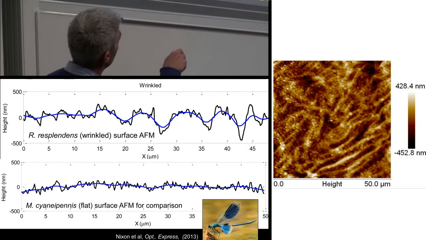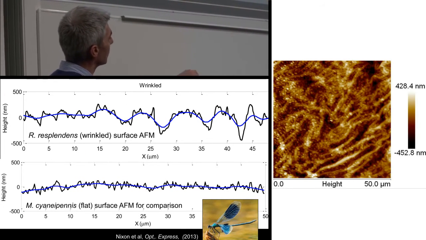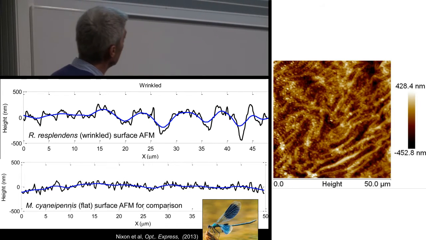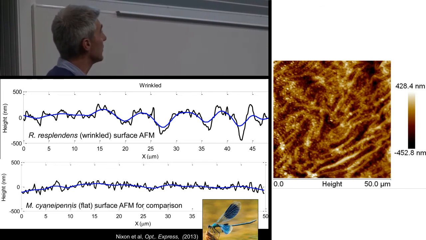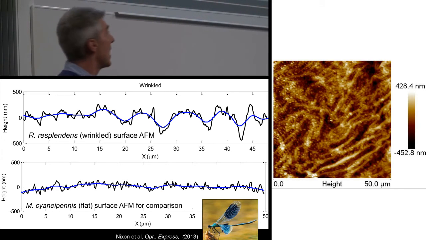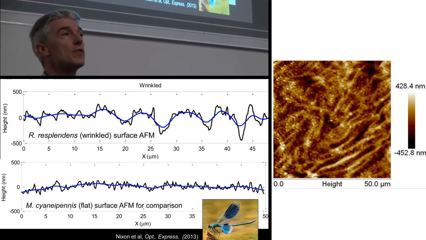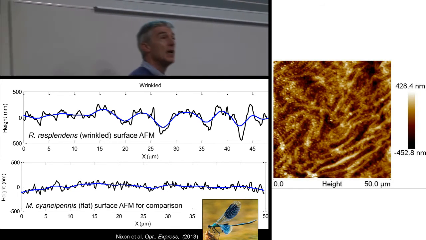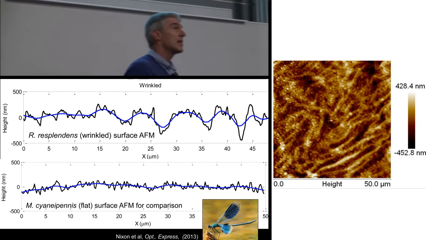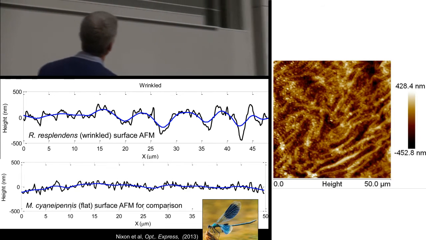A typical damselfly compared to Rhythonis is this. That's Matronodes. That looks like that. So they have the same scale as these axes, but you can see that's not completely flat, but now you can see the relative difference. It's not massive, it's not 10 orders of magnitude, but it is enough to what we think create a significant difference. And let's look at that very briefly.